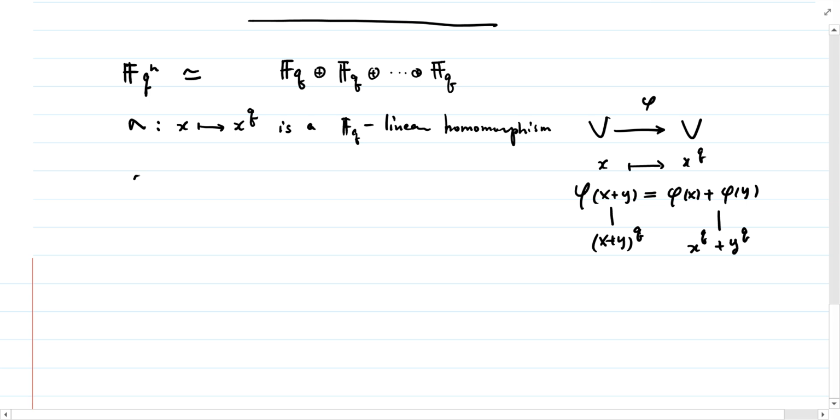I should call it sigma. Sometimes phi is a better notation for Frobenius. Sorry, someone calls it phi. So phi is surjective actually,